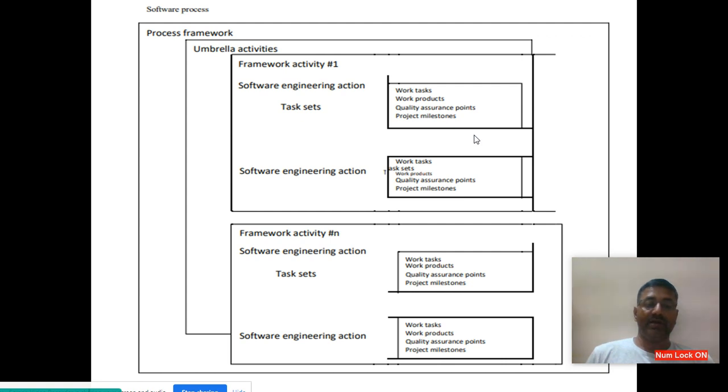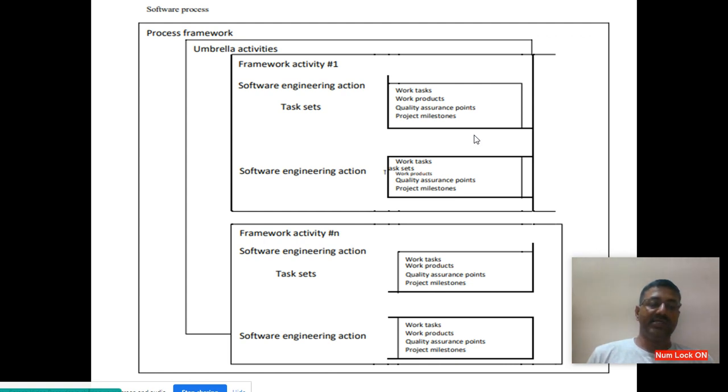This diagram shows us very important concepts and points. Basically, it covers all those levels. First is the process framework, which encompasses all the level activities. The collection of activities is merged here.